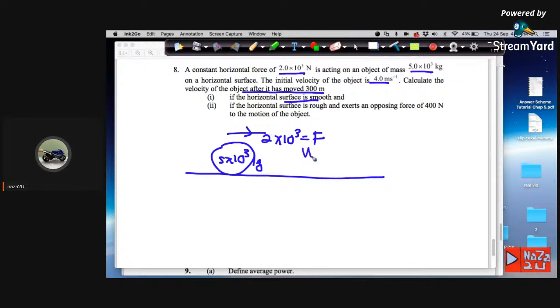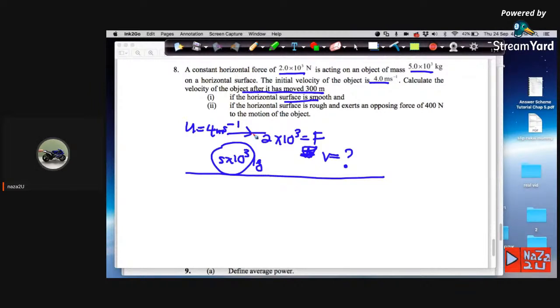So soalan tu kata, calculate the velocity. What is the velocity? If the initial velocity of the object is u, u is equal to 4 meter per second. So dalam kes ini,